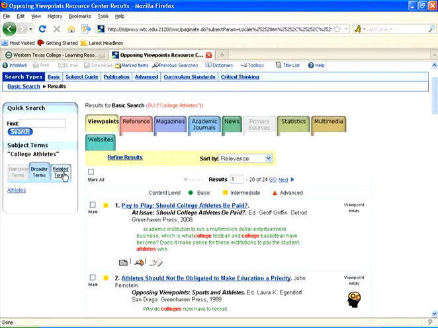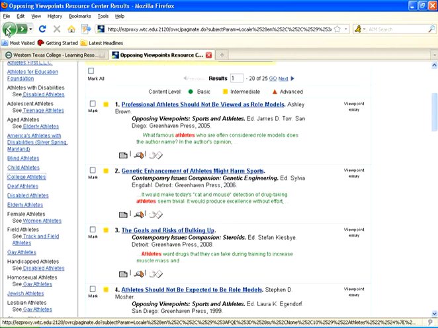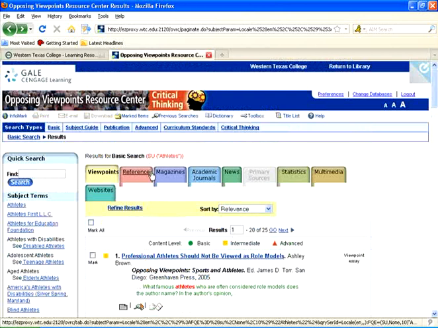You can look at related terms, academic eligibility in college sports, which are related to college athletes. Broader terms, athletes is the big subject, and all these other subjects are underneath it as kind of subtopics. So this can help you narrow down what you want to write about. If we go back to basic search,